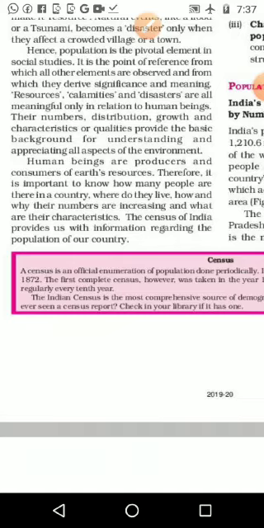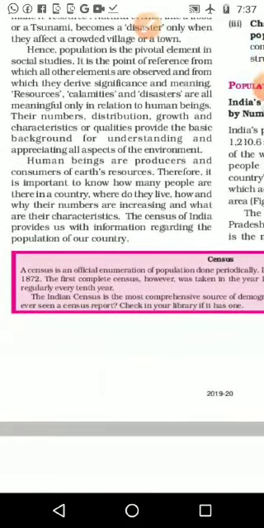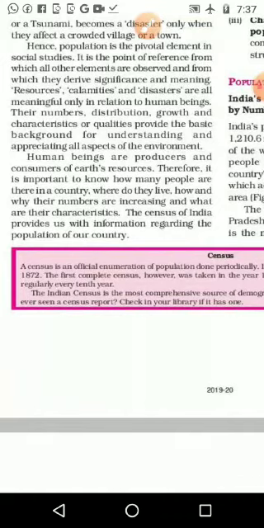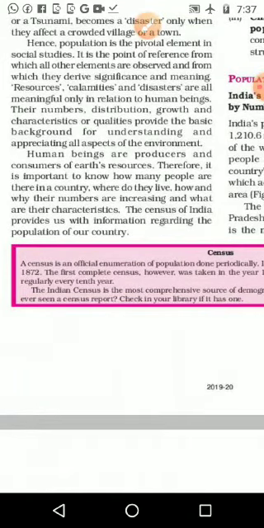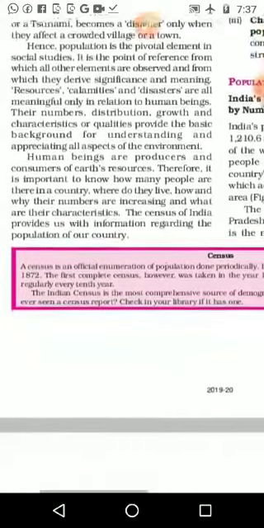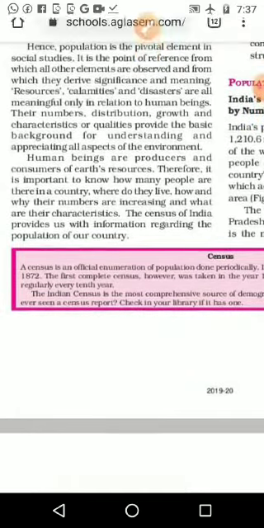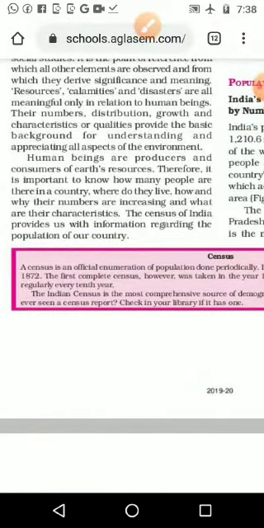And we can see that one of the elements giving significance and meaning is human life. Resources, calamities and disasters are all meaningful only in relation to human beings. Resources, for example a cow, grass, plants, iron or water, everything becomes a resource when we use it. Somebody is there to use it, and only then can we call it a resource. We have seen that already in the resource chapter. Somebody should be there to use that thing, then only it becomes valuable, and then only can we call it a resource.